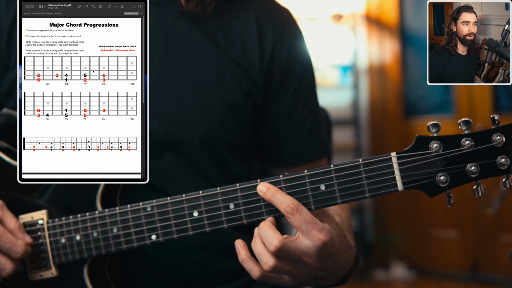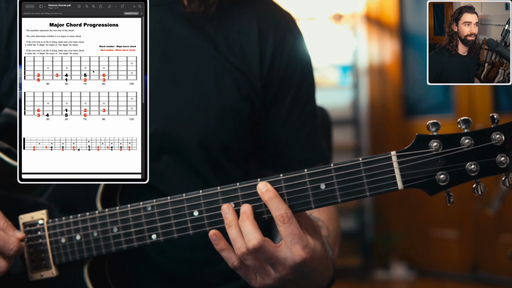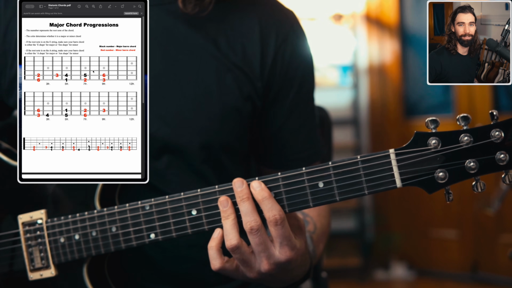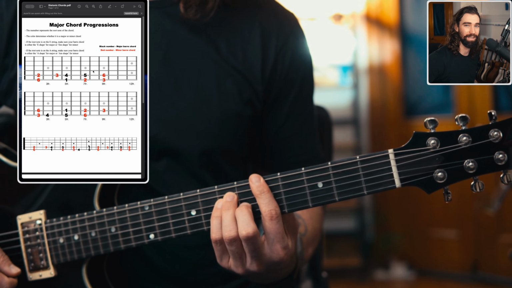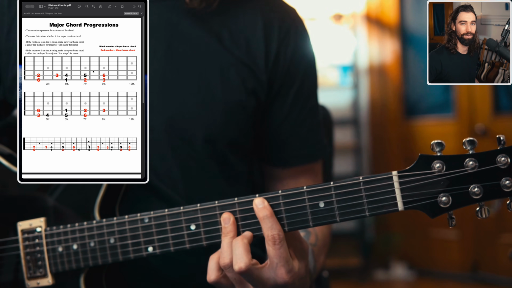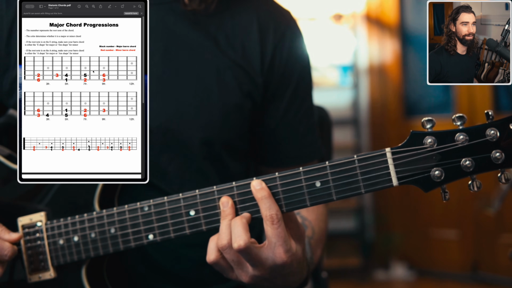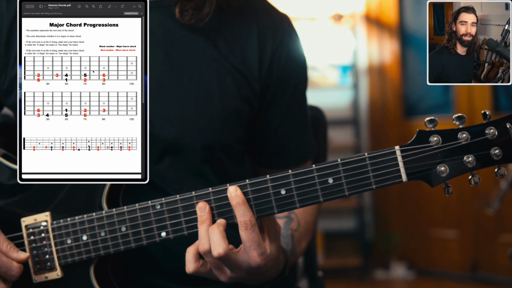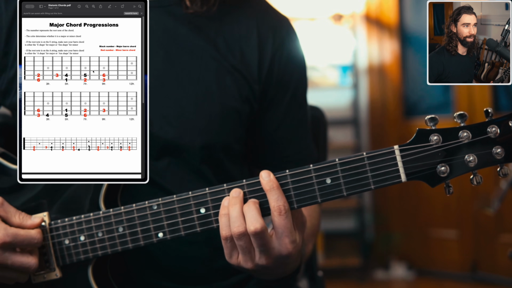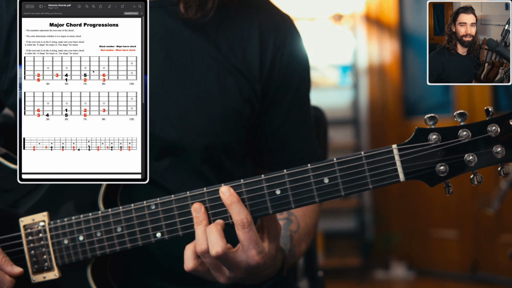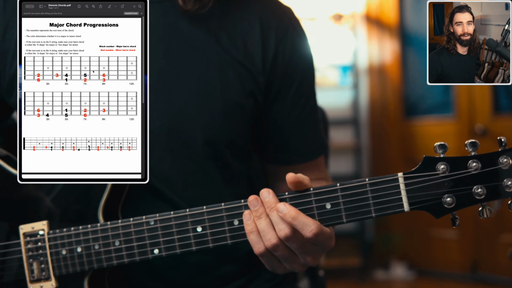And then for the 4, I'm going to play a major bar chord, but now I have to play this A shape, because that is how you play a major bar chord on the A string. I wouldn't use the E shape again, because it will give me the wrong chord. Okay, so I play that 4 chord as an A major bar chord shape, and then the 5 chord is a black number again, so I'm going to play a major bar chord. So I've got my 1 major, 4 major, and 5 major, and that would be my 1, 4, 5 chord